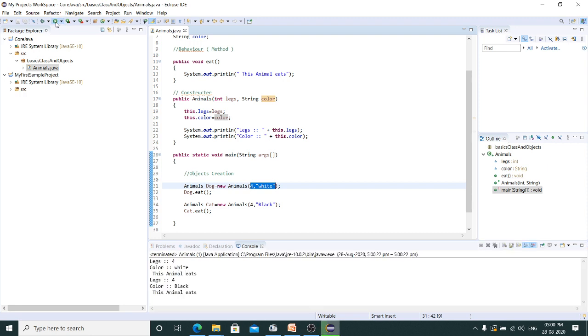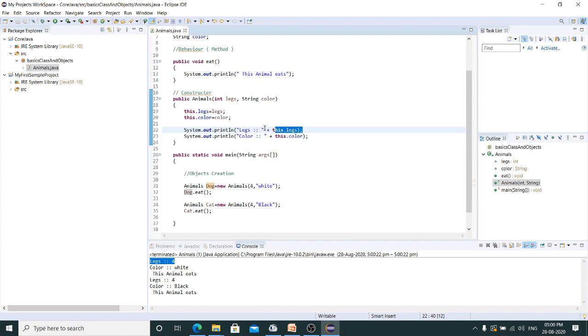Okay, now you can see legs. Let's see, from here it starts. When this statement is executed, it will create an object, and as soon as it creates an object, it will invoke the constructor, pass 4 and white inside this, and print two lines.